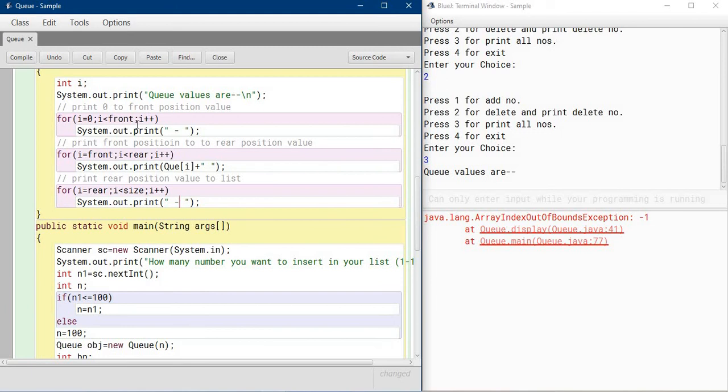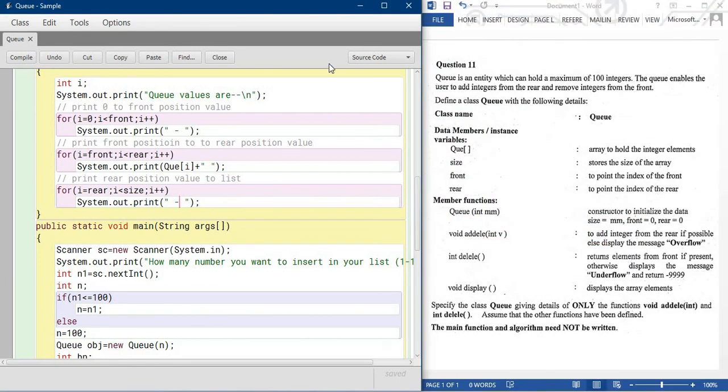Now for this Q case, for solving this error, simply we are doing one thing. Let's close it and write it again.